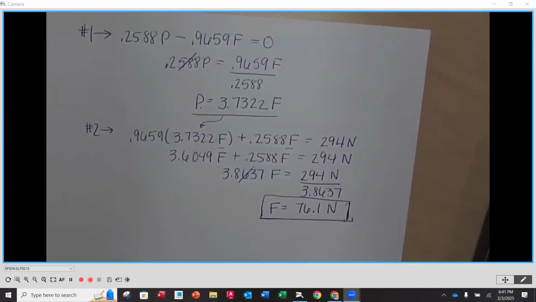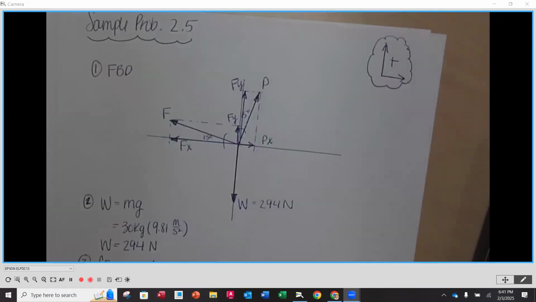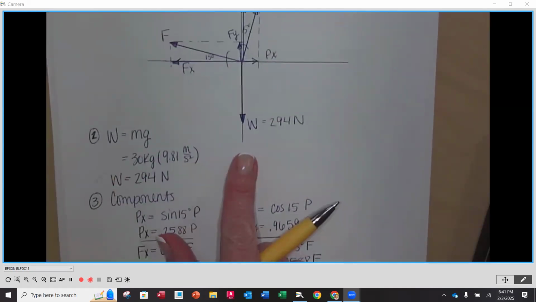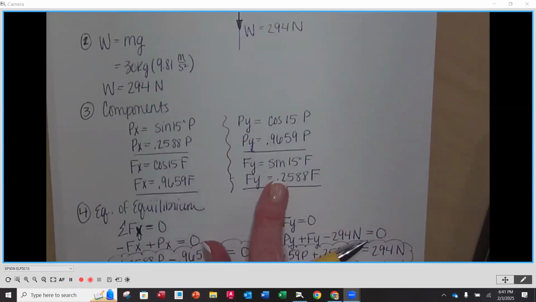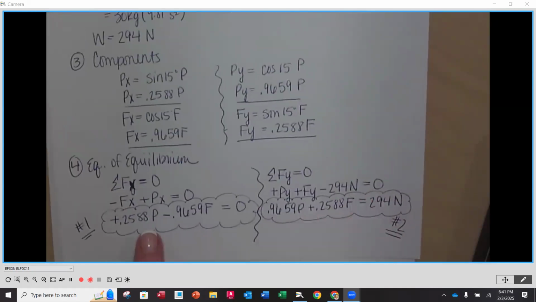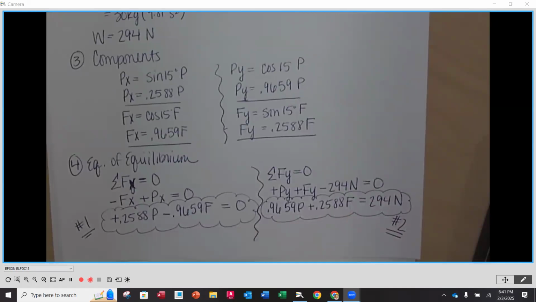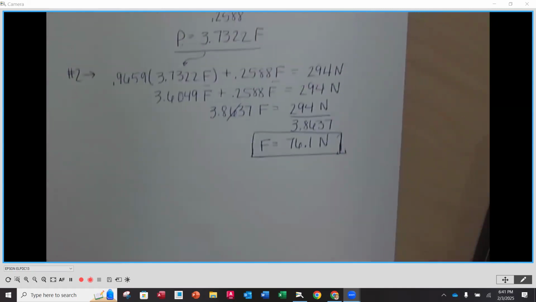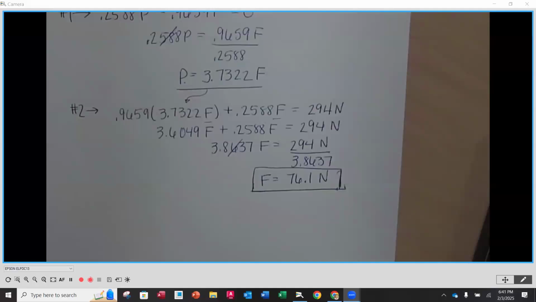Any questions on problem number 2.5? So we started out by drawing our free body diagram, pushing our forces along their lines of action so that we could have them all come from the center of gravity of that block. Then we solved for the weight, broke forces into components that weren't on the X and Y axis, used our equations of equilibrium, but we found that we had two equations with the same two unknowns, and then we did substitution to solve for F. Okay. So I'm going to stop